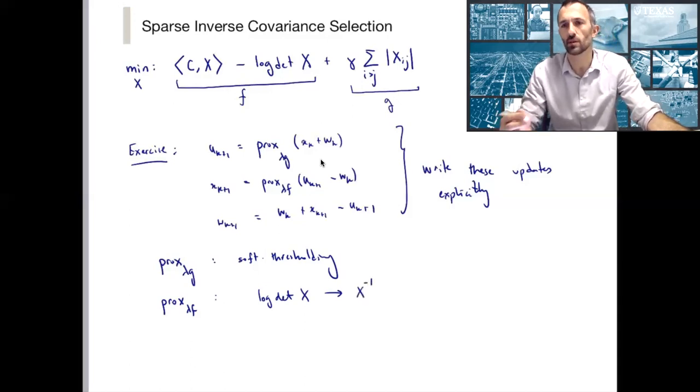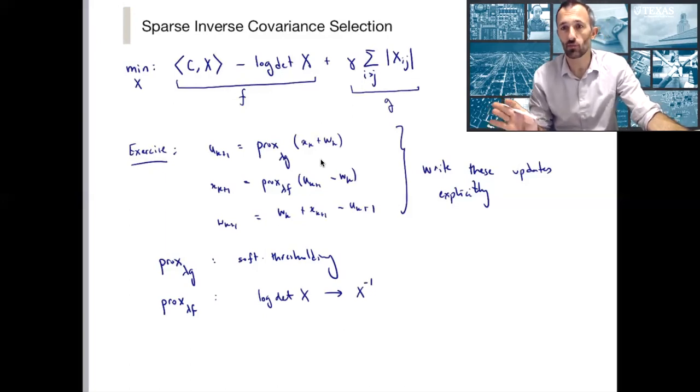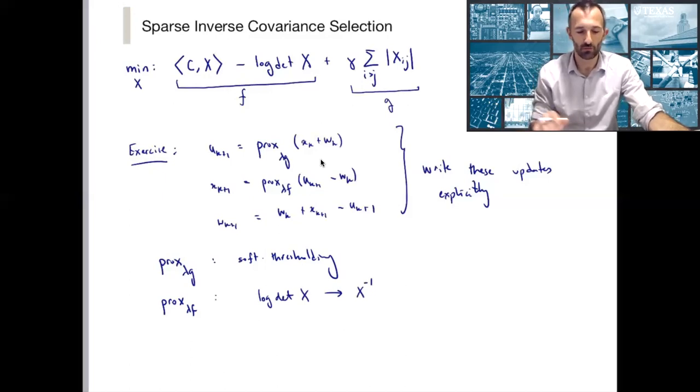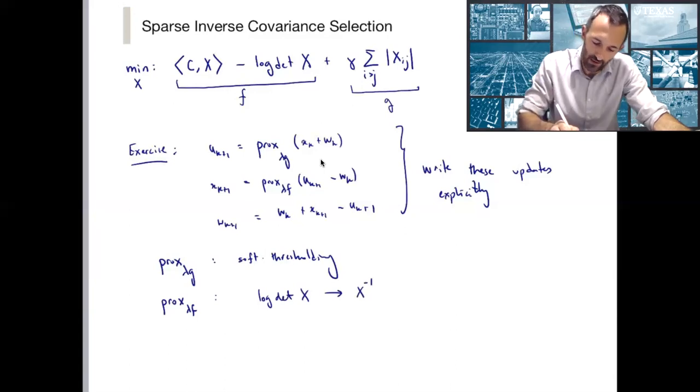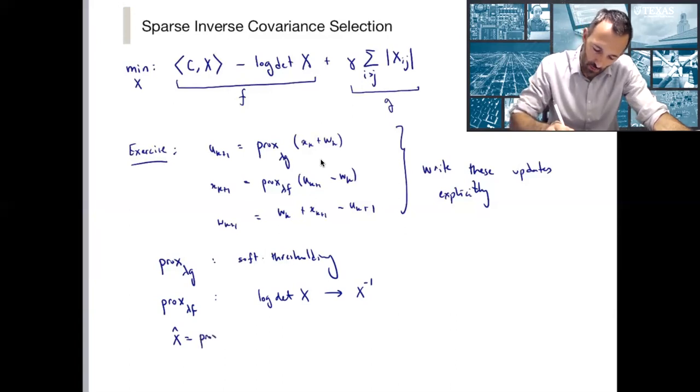Actually, there's a transpose there, but for us the matrices are symmetric, so it's just x inverse. Then you've got a linear algebra problem, really. If I write that x hat is equal to prox_{λf} of z,